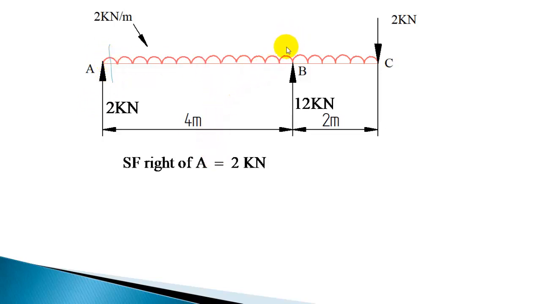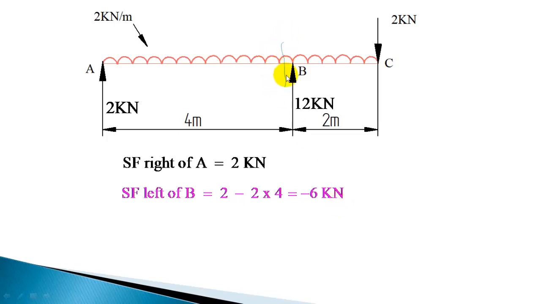Now immediately left of B, if you take 2 and this part of UDL, you take only for 4 meter length, 2 into 4, 8 kilonewton. Left of B, the resultant of UDL is 8 kilonewton. 2 minus 8, so that will be the shear force for this section. 2 minus 2 into 4, this part of UDL is 2 into 4, so that will give minus 6 kilonewton